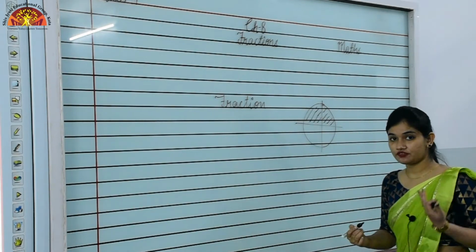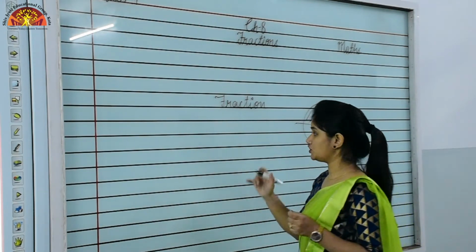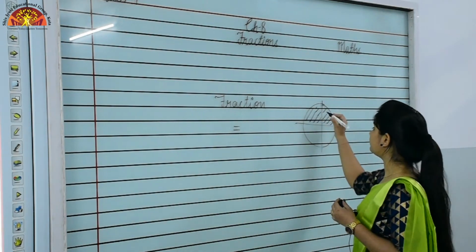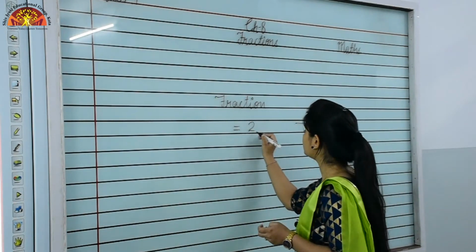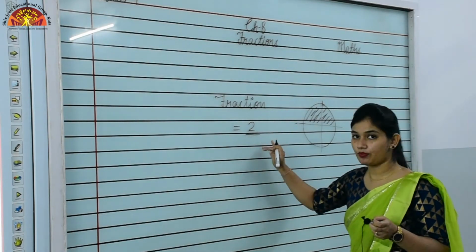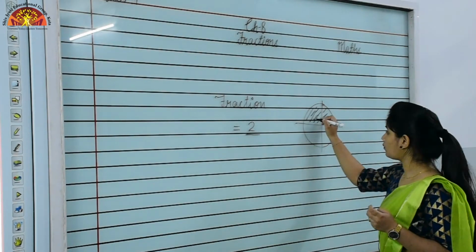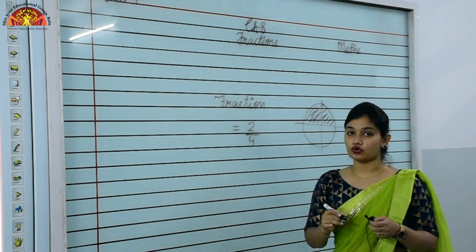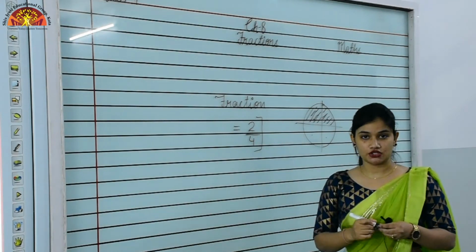So how can we find the fraction? What did I say? Fraction is a part of a whole or a collection. So I am asking what is the fraction of the shaded part. First of all we will see how many shaded parts are here. 2 shaded parts. So I will write 2 here and upon, this is the sign of divide, you can say 2 upon. And then you have to mention the total number of parts, 1, 2, 3, 4, and the total parts are 4. This is the way of representing a fraction, okay students.